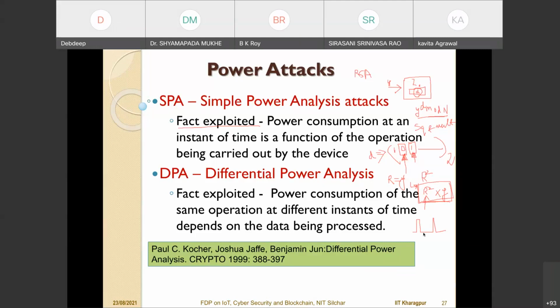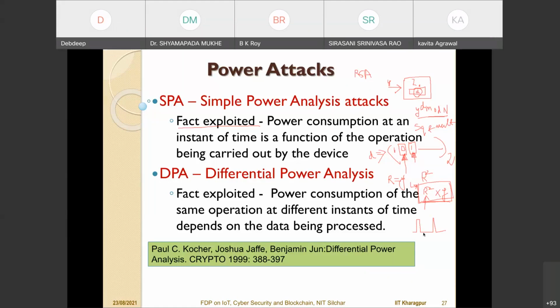Now there is another very powerful form of countermeasure, like ensuring that irrespective of whether the key bit is 1 or 0, you always do a dummy multiplication. That tries to balance the power values, and therefore the attacker will not be able to distinguish whether the key bit is 1 or 0 by just observing the power consumption. But then there is another very powerful form of attack,